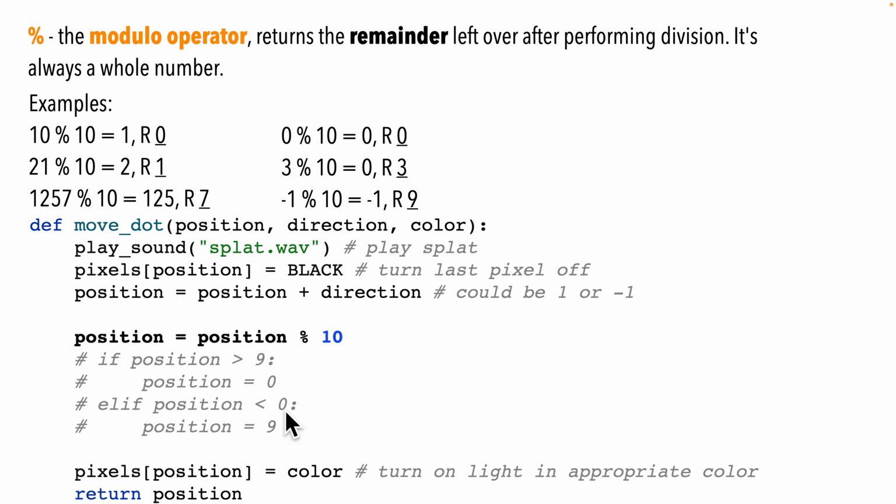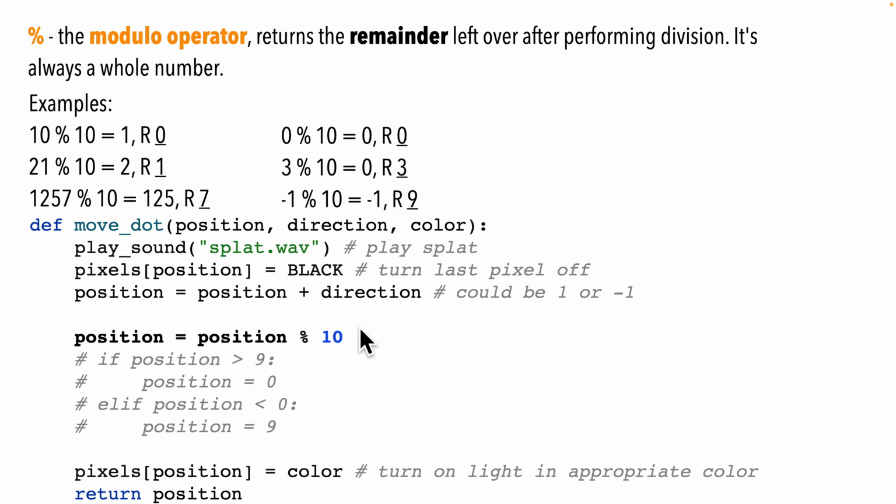Well, now that we know how to do this, look what we can do. We can replace our entire if-elif clause, all 4 lines, with this statement here. Position equals position mod, or percentage sign, 10. If we pass in a value like 3, 3 mod 10, 10 goes into 3 0 times with 3 left over,